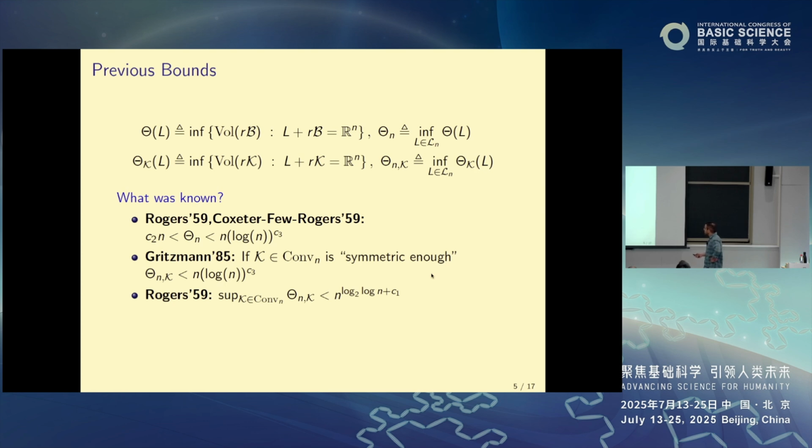A few decades later, Gritzmann closely inspected Rogers' proof, and he observed that Rogers didn't really need the full symmetry of the Euclidean ball in order to prove this result. Less symmetry is enough. So Gritzmann defined some class of bodies that are symmetric enough, such that everything Rogers did still holds. I will not give the exact definition of what symmetric enough is, but for this class of convex bodies, we also have this n polylog n upper bound on the covering density. And for a general convex body,